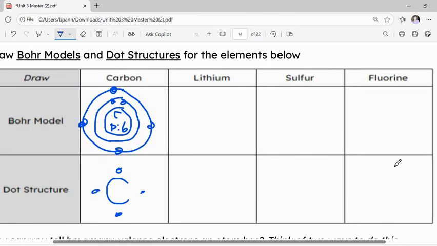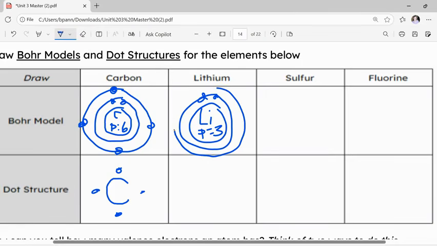Next, let's look at lithium. Lithium is a little bit of a smaller element. Lithium has only 3 protons, which means it also has only 3 electrons. So we'll start with our first energy level, where our first electrons, numbers 1 and 2, belong. Then we'll move to our next energy level, our second level, but our second energy level will only have 1